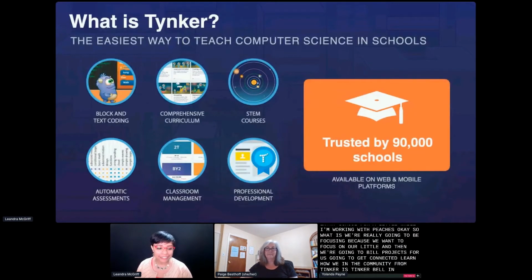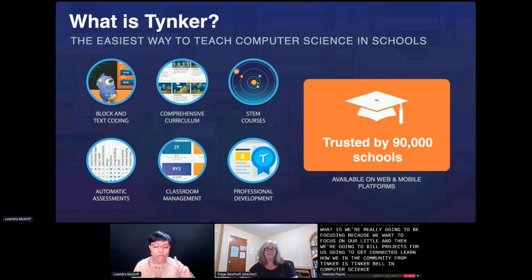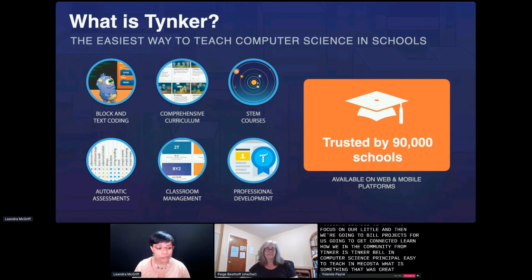All right, so what is Tinker? Well, in short, Tinker is the easiest way to teach computer science in schools. And Tinker was founded on two main principles: great coding tools and being easy to teach in the classroom. When our founders founded Tinker, they wanted something that was great for their own children, but then also students around the world. They wanted to make sure that they were getting exposed to computer logic that is very common, computer programming jargon, computer programming that they are using every single day in the real world. And so they wanted to make sure that they had access to this.